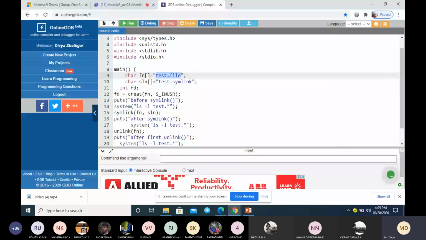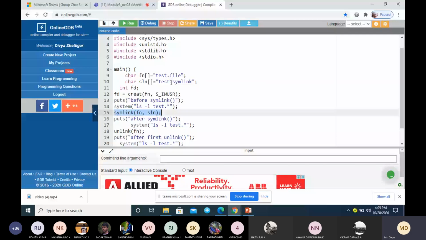In this line we are creating the symbolic link to the file. Now how many links do we have? There are two links to the particular file, test.file. One is the default link, which we call a hard link, and the other is the symbolic link we have created.